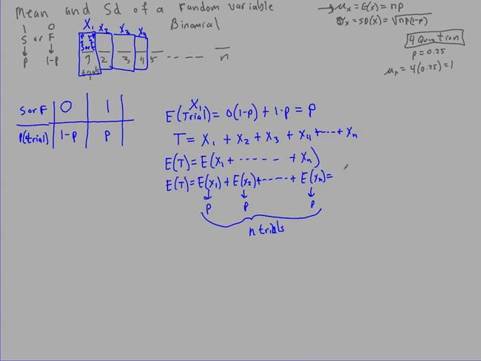So we have n p's. We have n number of p's. So that's where we get the expected value of the random variable. Okay, and for the standard deviation, we always have to go